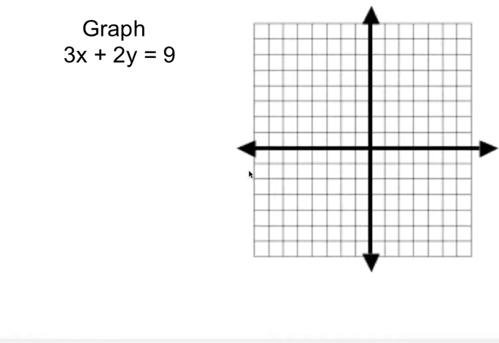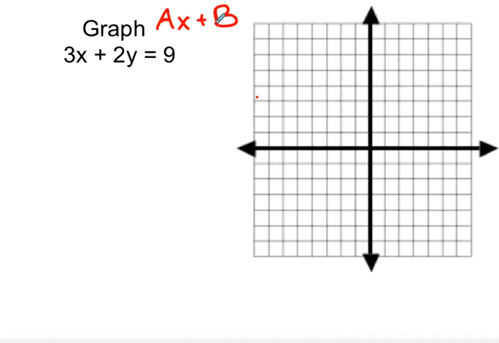In this station, we're going to be graphing 3x plus 2y equals 9. One of the first things that you might notice is that this y coordinate is not by itself. It's actually on the same side as the x. So if you look at it, you might recognize this as standard form, which standard form is just ax